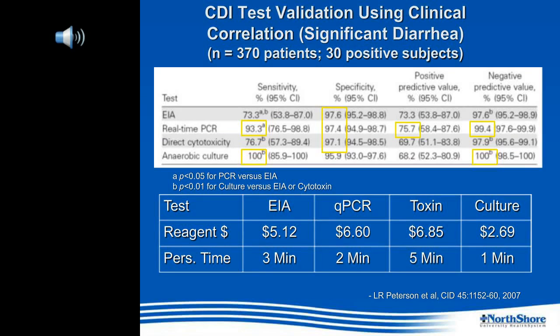Several years ago, we started looking, as well as others, at the sensitivity of various tests, and that's what's highlighted on this slide, where we're looking at the sensitivity of PCR compared to enzyme immunoassay, and in 2007, we found that PCR could have a sensitivity over 93%. Enzyme immunoassay at the time was 73%, and as I'll show you in the subsequent slides, this has gotten worse. Again, highlighting that the cost of these tests can be fairly similar, as well as the hands-on time, especially for enzyme immunoassay and real-time PCR, very, very little hands-on time for the laboratory.